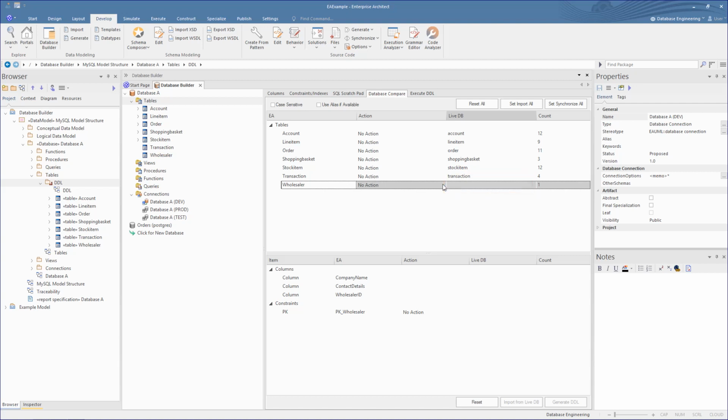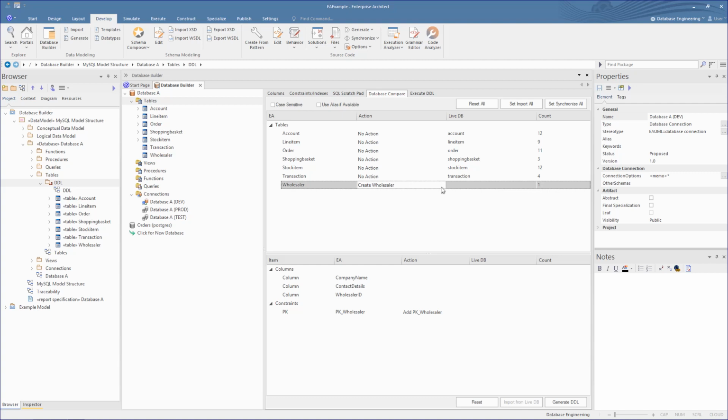As a starter, we will run through the first two update processes as simple transfers each way. For this scenario, we will just deal with updating the model to the database. To have a quick look at the Actions options for our new table wholesaler, this is preset to no action.